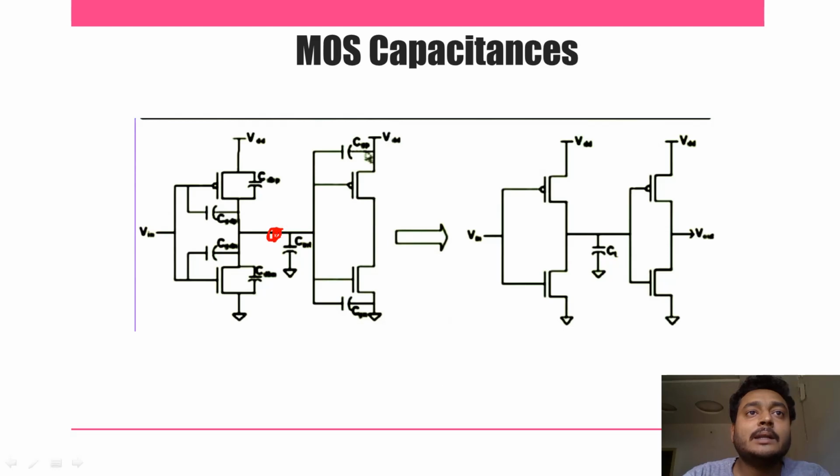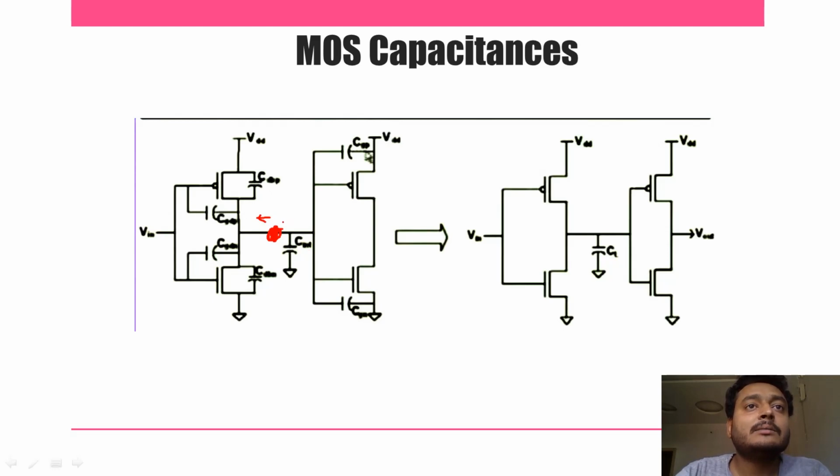Okay, at this point, if you start looking at this side from this point, you can see different capacitances here. The capacitances are something like gate to drain, this is CGD, and here something like CDB. This is for PMOS. Similarly CGD for NMOS and CDB for NMOS. And this internal one will be our C internal capacitance. So these are the capacitances associated.